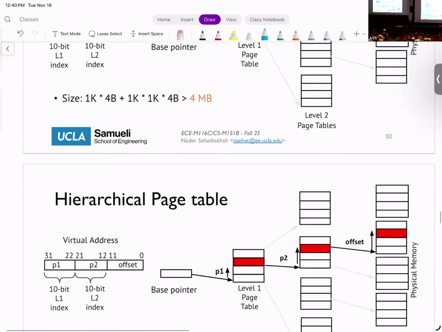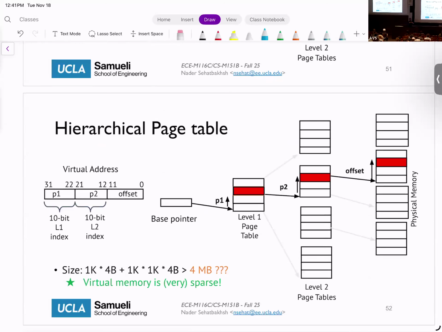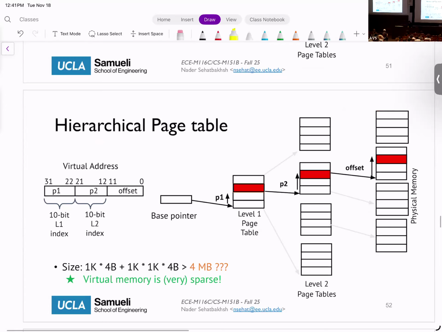But where does the benefit come from? The benefit comes from the fact that virtual address is very, very sparse, especially in the upper bits. What this means is that if I look at these upper 10 bits, in most cases, it's either all zeros or like 00001. What it means is that really the first 2 or first 3 entries are actually valid entries. The rest of it is empty. So I don't even need to assign a level 2 page table for these unused bits, okay?